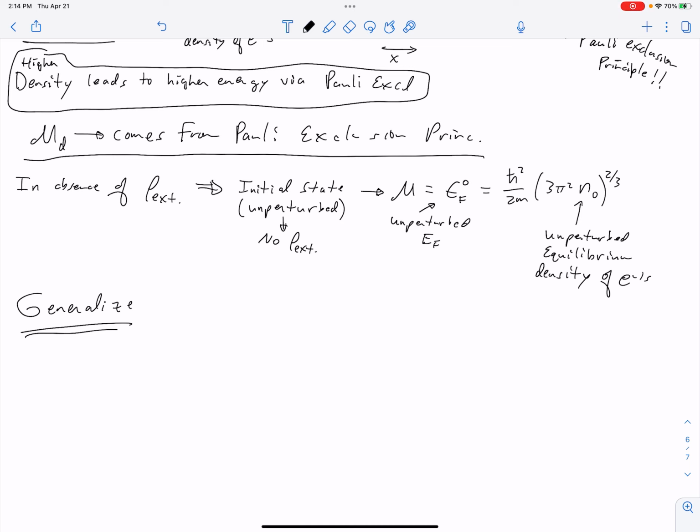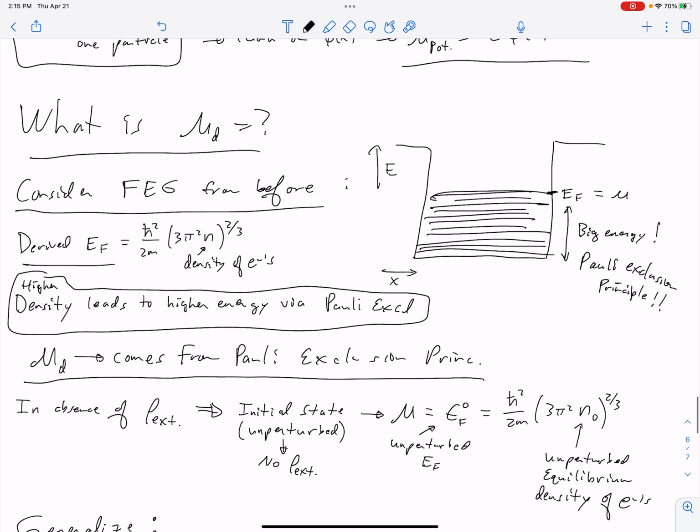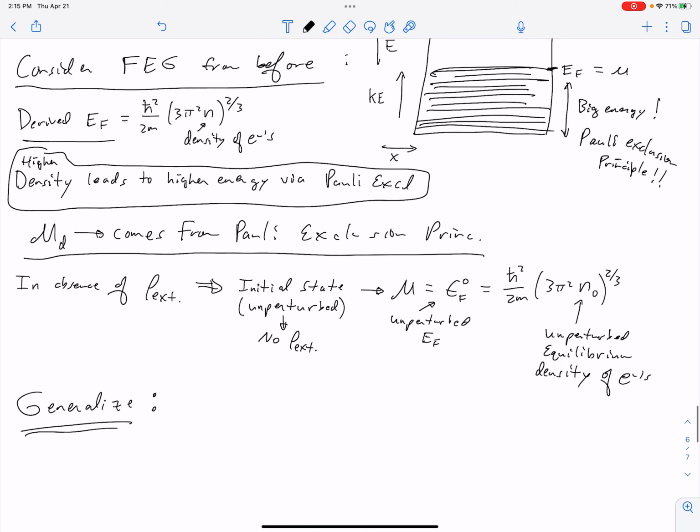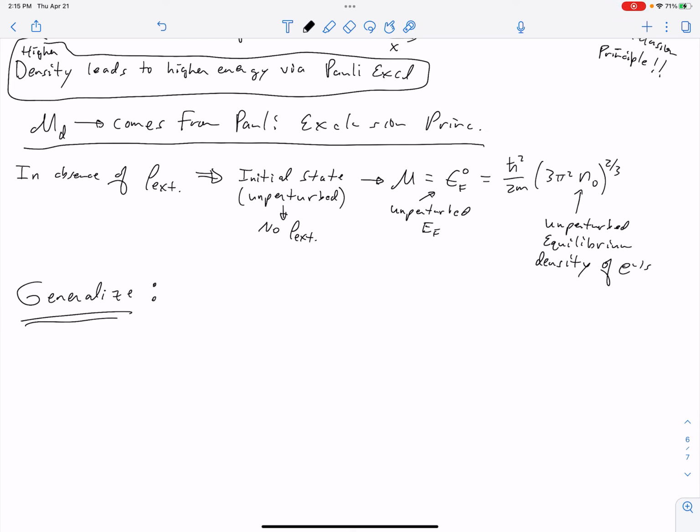And what we'll say is that this is the energy due to the density. And really, remember, this energy is all kinetic energy, because each of these states is higher than the next because it's kinetic energy. But that higher kinetic energy comes about because of the Pauli exclusion principle. And so we're going to say that mu sub d, the density part of the chemical potential,